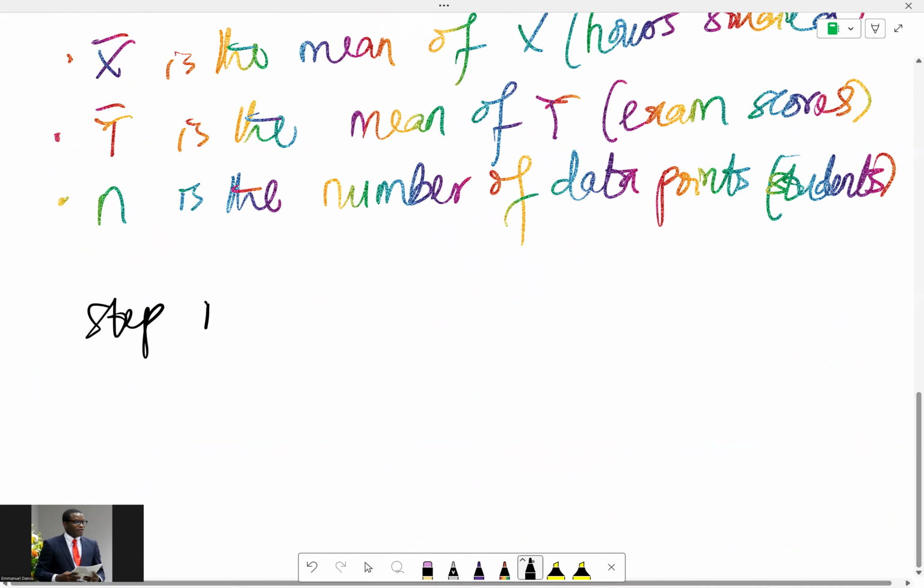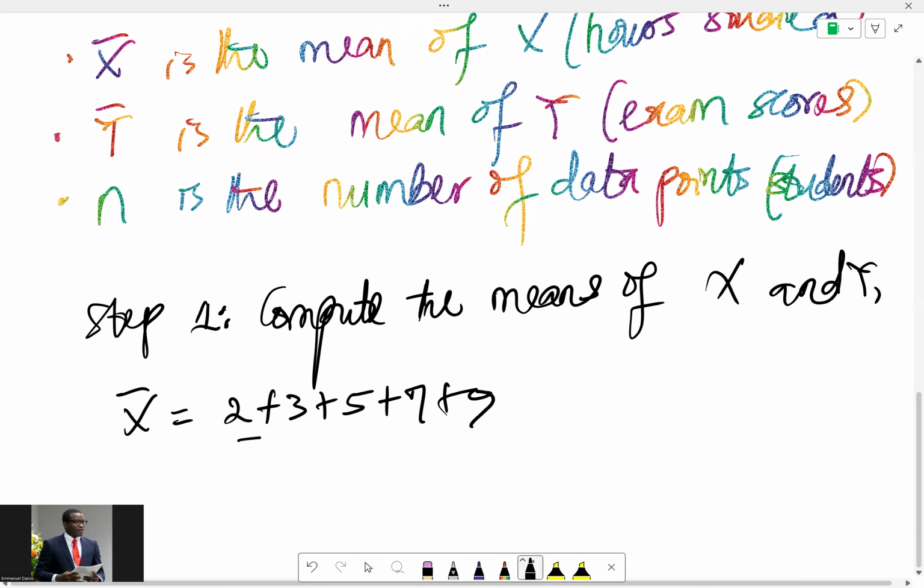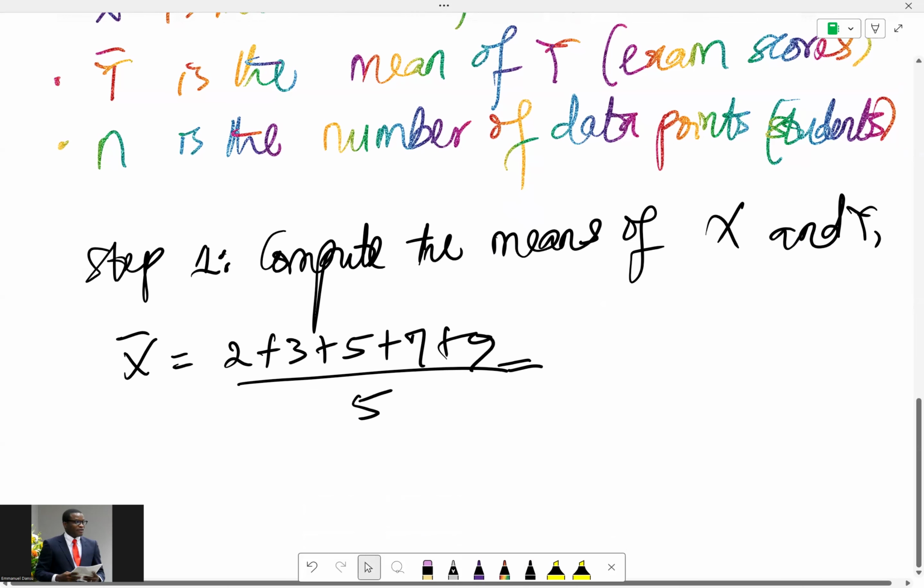Compute the means of X and Y. That means we have X bar, that is 2 plus 3 plus 5 plus 7 plus 9, all divided by 5. Because that is 2 plus 3, 5, 5 plus 5, 10. 10 plus 7 is 17. 17 plus 9 is